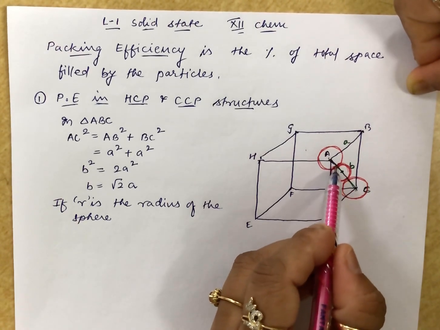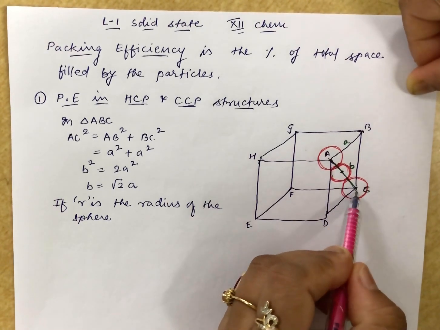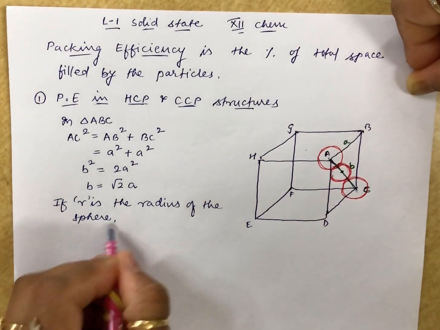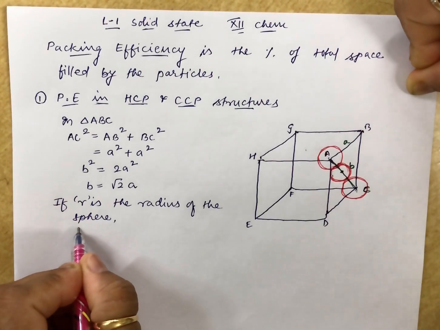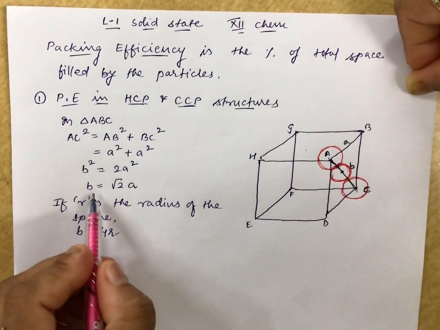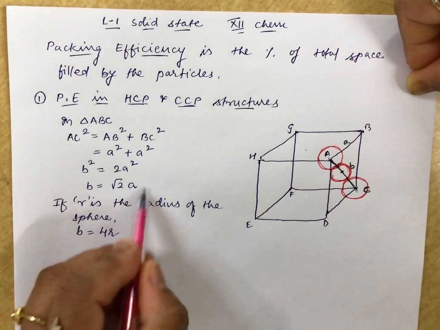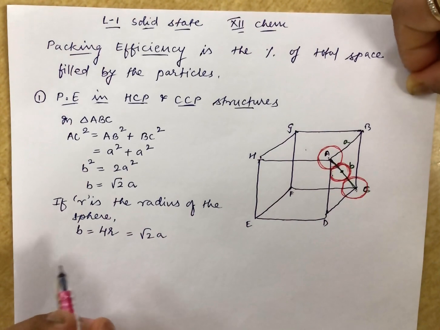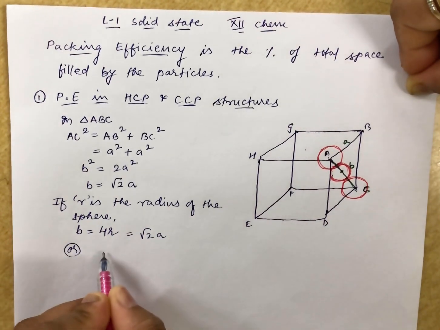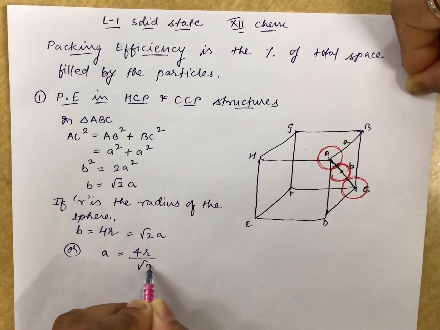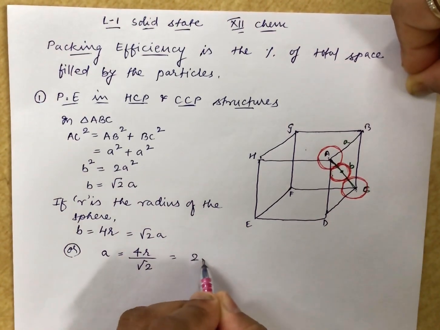This is R plus R plus R plus R. So you have 4R. And so here we can write that your B would be equal to your 4R. Now what is B you have found out here? This can be written as root 2A, or otherwise A can be written as 4R by root 2, or 2 root 2